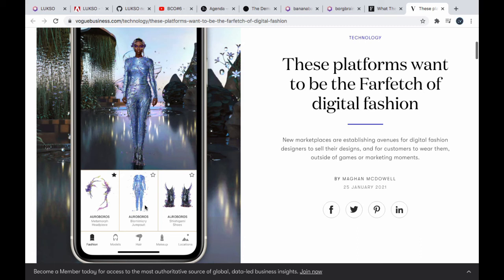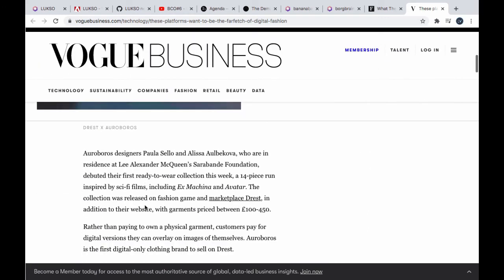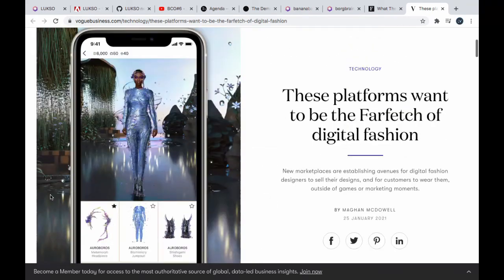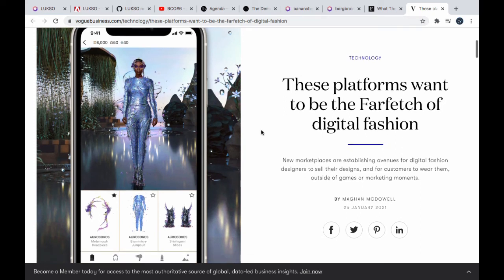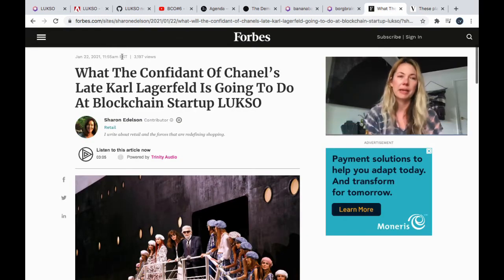what another dApp on Luxo, some digital fashion marketplace app, would look like. And yeah, here it is. Basically you've got a couple articles in a row at two huge international outlets. I mean, who's bigger in fashion than Vogue globally, right? This is January 25th. And who's bigger than Forbes in business? January 22nd. And who has the power to pull articles from the biggest fashion and the biggest business magazine in the world within a couple days of each other?